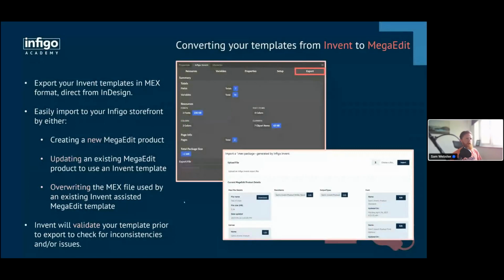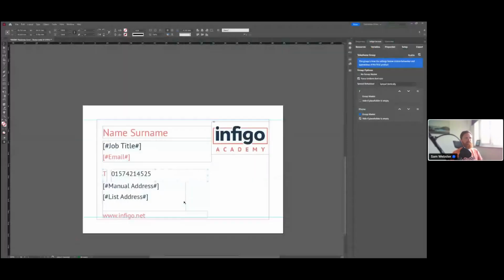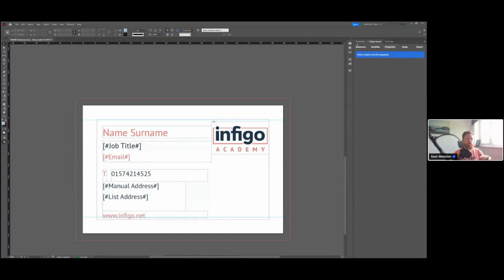Okay, so when we're going through the export process, Invent will also try and validate your template prior to export. And that's just it looking for some basic problems that it might come up against. So let's take a quick look at that. So we've set up all of this behavior. We've set up all of these different rules and resources and what have you. If we now go over to the Export tab,